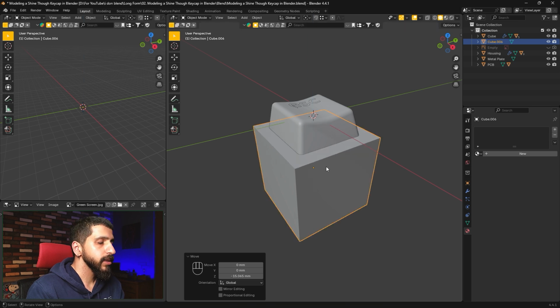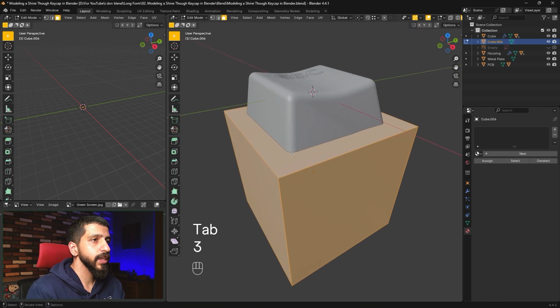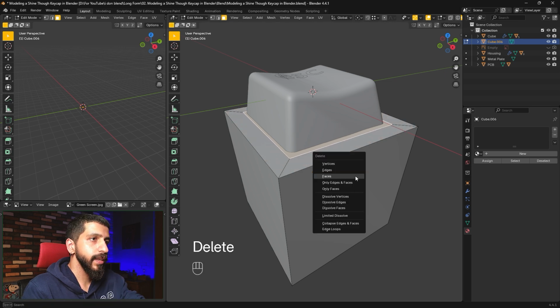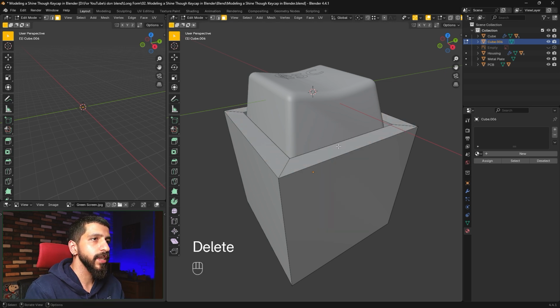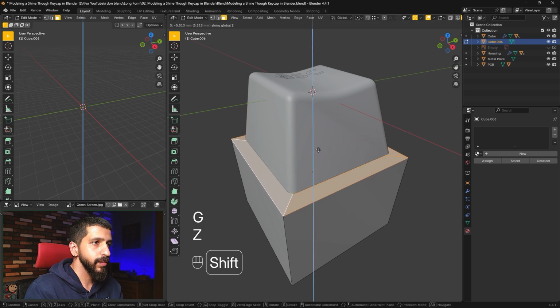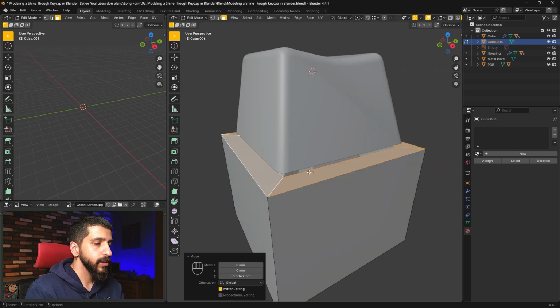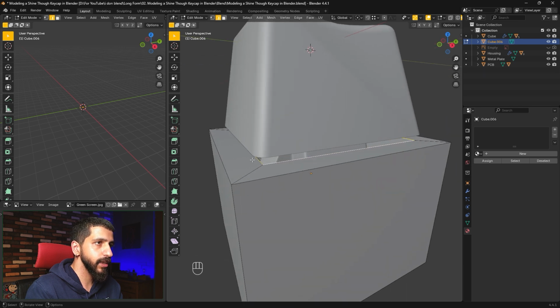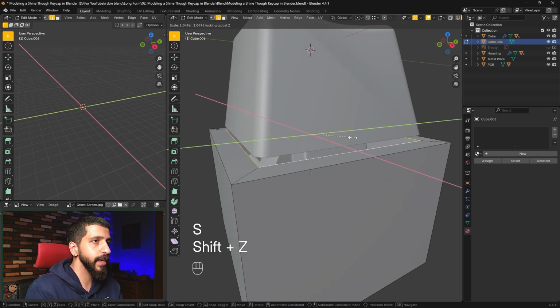With the cube selected, I'm going to hit Tab, enter edit mode, select the surface in the middle, hit I to inset, and hit Delete to delete this surface. Let's loop select these surfaces on the top and bring them down a little bit. And I can also hit 2 for edge selection, loop select the edges in the middle, S Z, and scale them